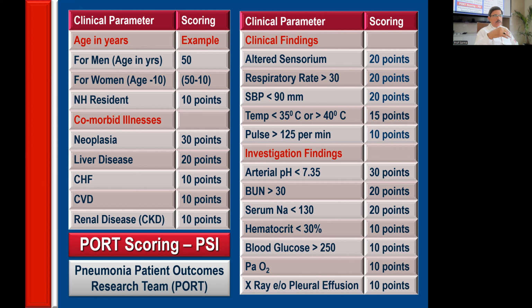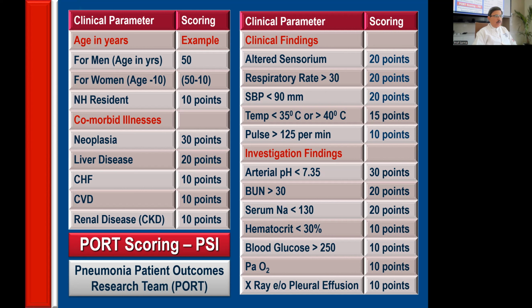Under comorbidities, for neoplasia, I give 30 points, liver disease, you give 20 points, congestive heart failure, 10 points, cerebrovascular disease, 10 points, and then renal disease, 10 points. Clinical findings and parameters are altered sensorium, 20 points, respiratory rate increased more than 30, 20 points, low systolic blood pressure less than 90, you give 20 points,